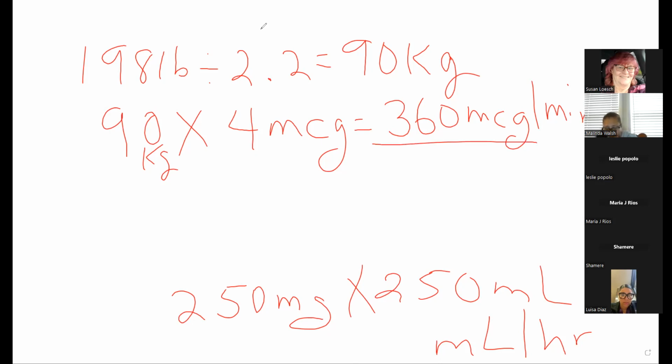So I'm going to convert my 360 micrograms into milligrams by dividing it by 1,000, because we know we have to go to the left. Left, you're losing the love of your life. You're going to divide. Again, do not remove anything from the calculator. All right, so now when we divide this by 1,000, it gives us